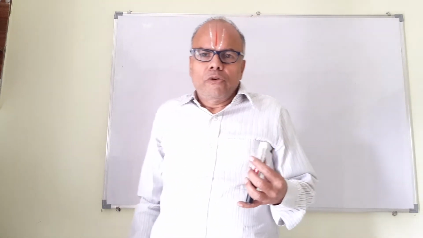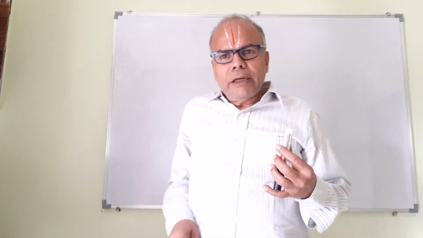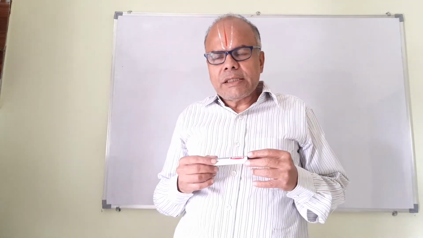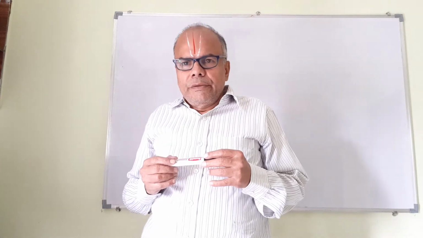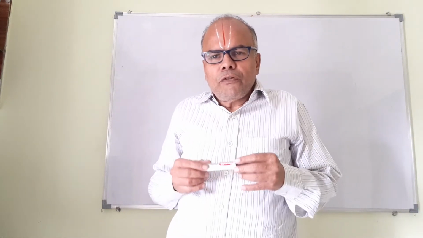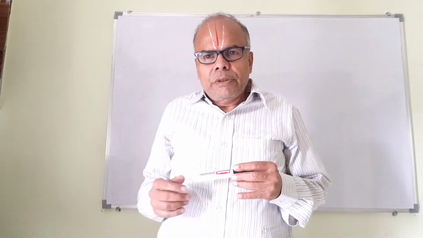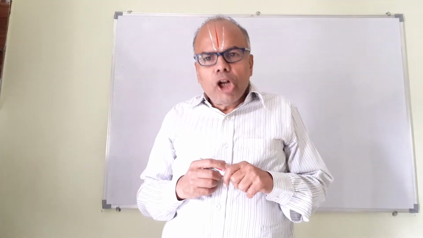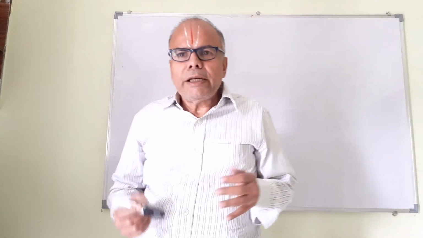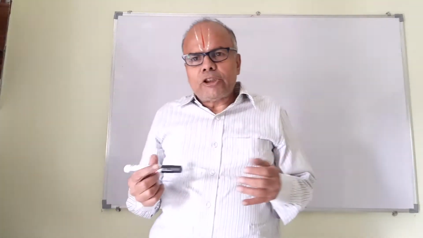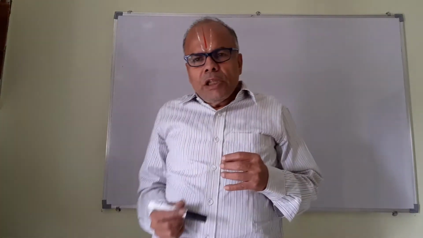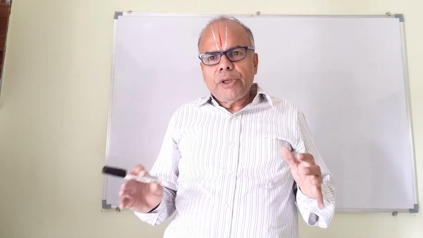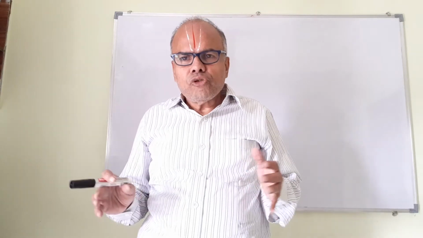Today we are going to see the basics of current electricity. We have learned in our younger classes that electric current is flow of charges. But just saying flow of charges will not do. If you take a conductor, it has got free electrons. These free electrons are randomly moving about in the body of the conductor, which is usually a metal.